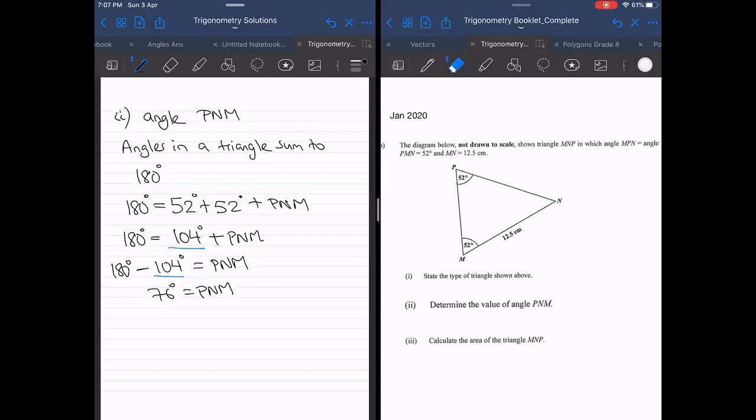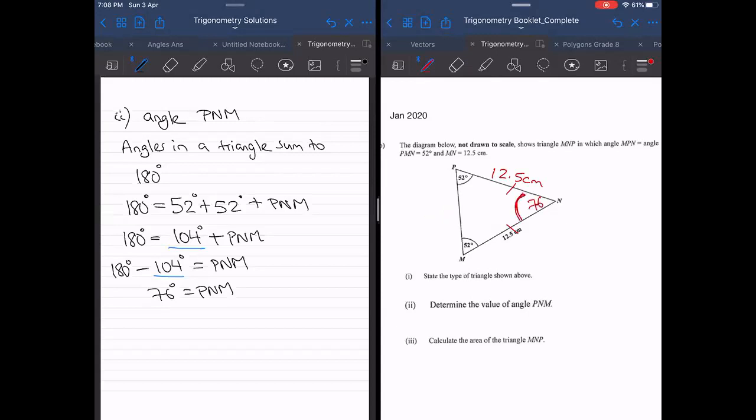Right, so please note, because we know that it's an isosceles, the opposite sides are equal. Even though they didn't say it, we know that this is also 12.5. Because it is an isosceles triangle, it's not the ones that are beside, so some persons might put it here. No, they are facing each other. All right, so we know that, and we know that this is